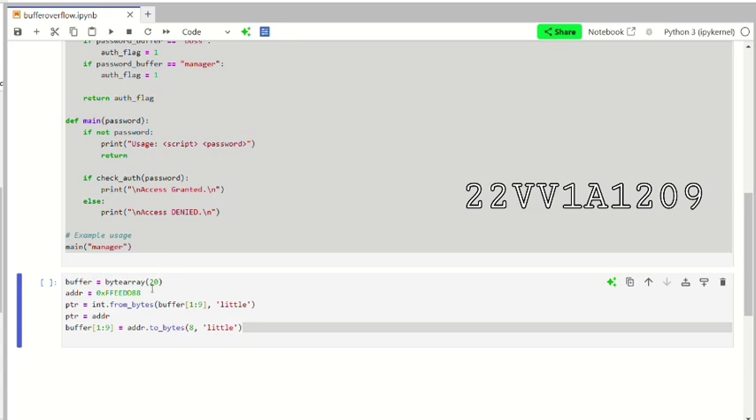Buffer manipulation. In this block we will write about buffer manipulation. A buffer of size 20 bytes is created. The address is given to that variable address. A pointer is created by converting a subset of the buffer to an integer using a little endian format. In this way, the address is assigned to the pointer. Finally, the address is converted back to bytes in a little endian format and placed into the buffer at